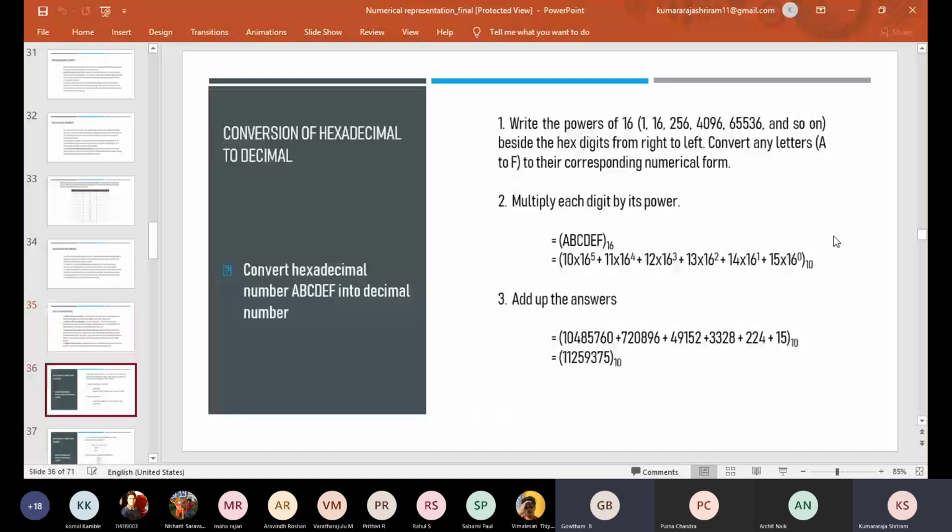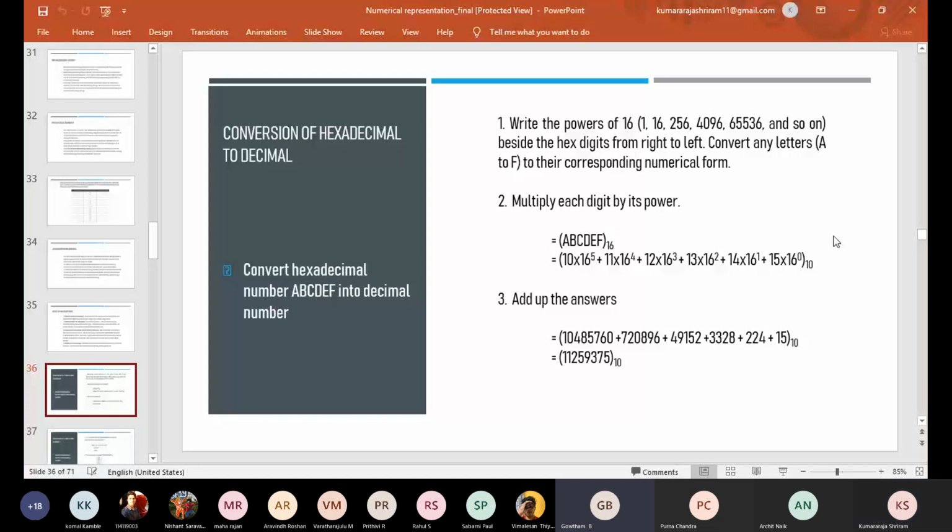So we will first start with conversion of hexadecimal to decimal. Here we have an example of converting ABCDEF into a decimal number. The first thing we have to do is multiply the powers of 16 with the respective digit of the hexadecimal number. So we have to multiply 16 to the power of the position or index, and remember the position starts with 0. If we multiply, we'll end up getting the decimal equivalent of the hexa number. And be sure to add a subscript 10 to show that this is decimal.